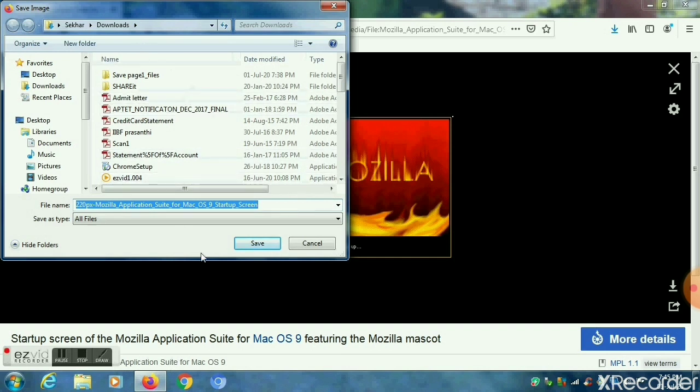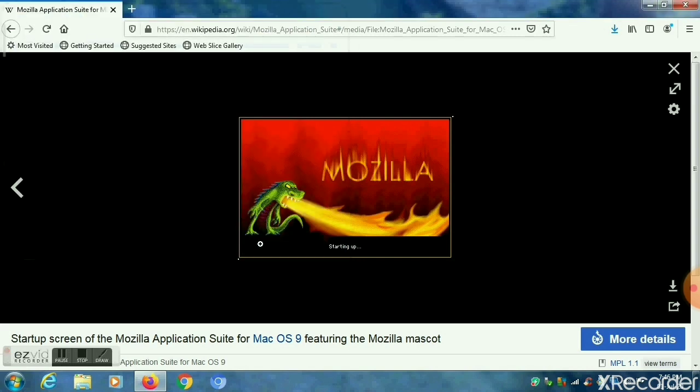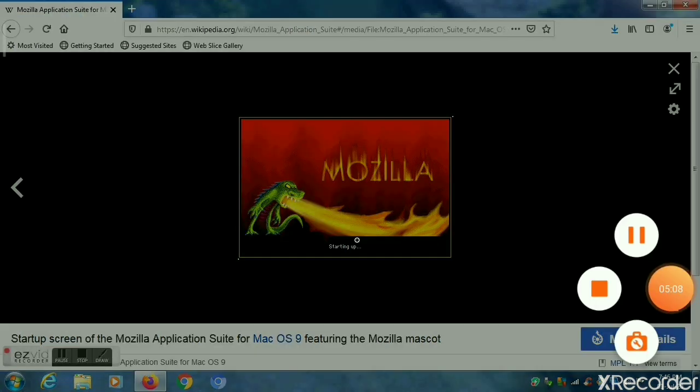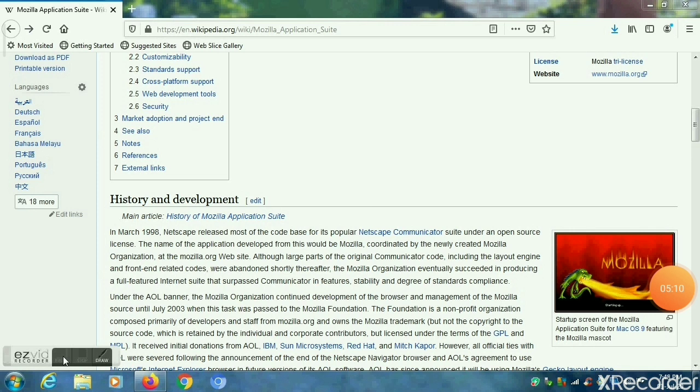and click on the JPG or all files, and click on the Save button. So choose the location for the image and type the file name for the image, and then click the Save button. Finally, this image will be saved in the specific format.